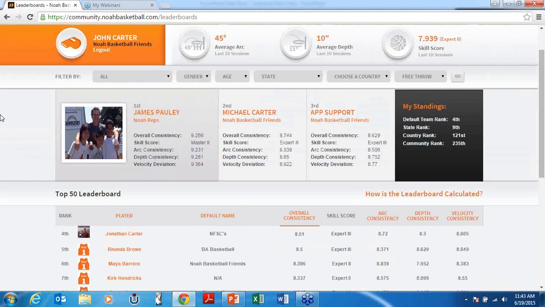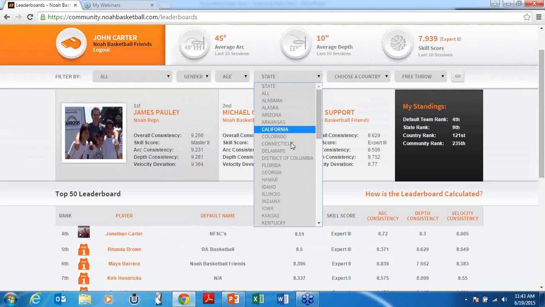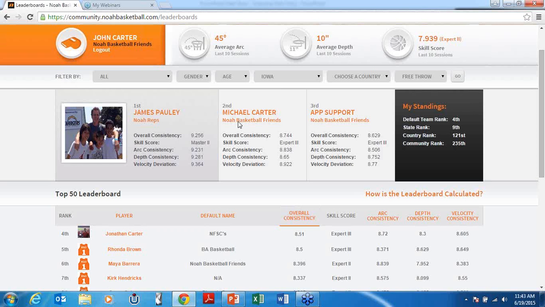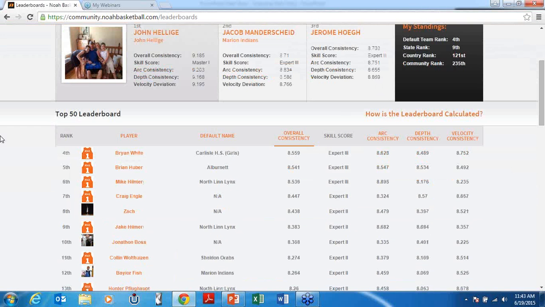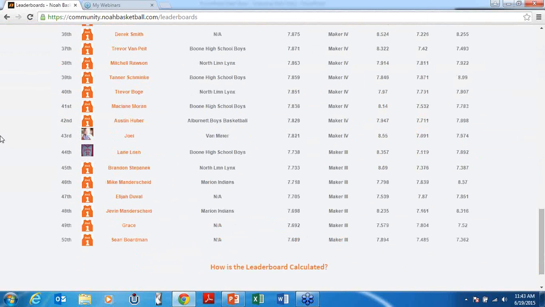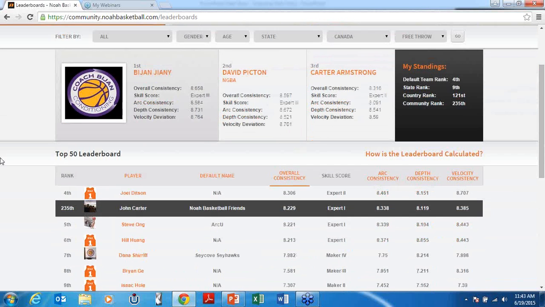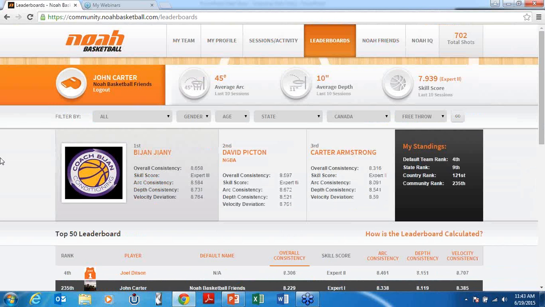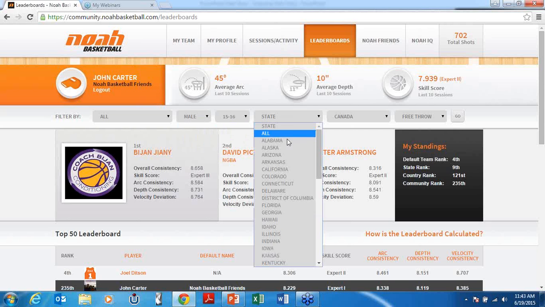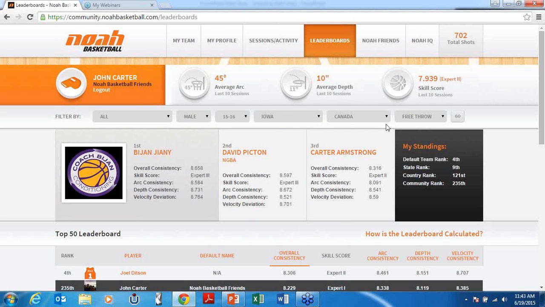I'm going to take that back to all and say, hey, I just want to look at what the leaderboard looks like for the state of Iowa. So I click Iowa and click go, and here's my leaderboard for Iowa. And you can go any number of different ways there. If I just want to look at my Canadian friends and click go, here is the Canadian leaderboard, and so forth. If I want to just look at all of the male players between 15 and 16, again for the state of Iowa,